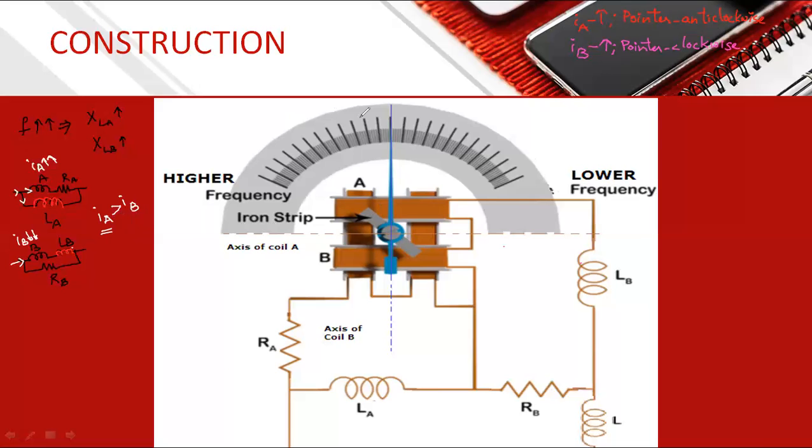So what happens if the pointer moves in anti-clockwise direction? It is showing higher frequency. Hence we just write it is going towards higher frequency on this calibrated scale. We can give these values after calibration also, but it is clearly seen that we have higher frequencies. The pointer shows higher frequencies when the supply frequency is more than the normal frequency. Hope everybody is clear with this concept.